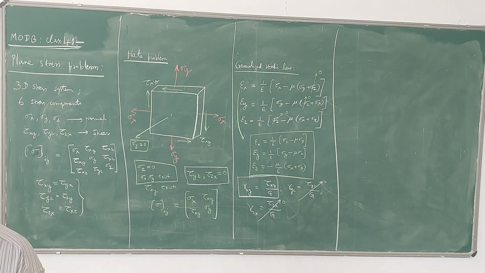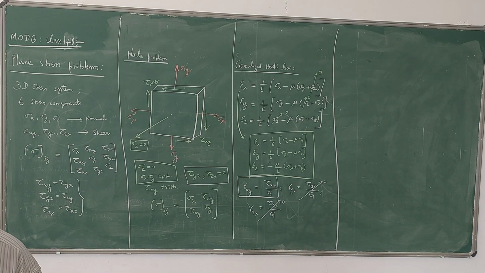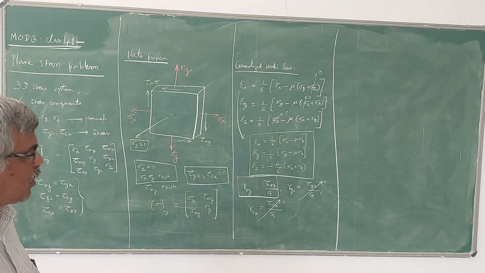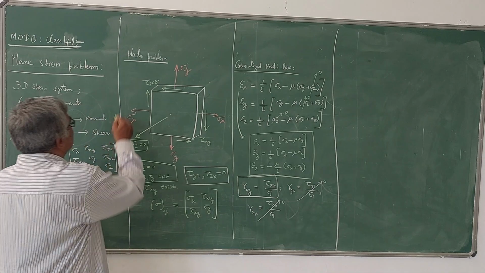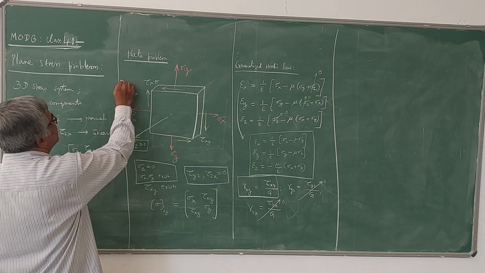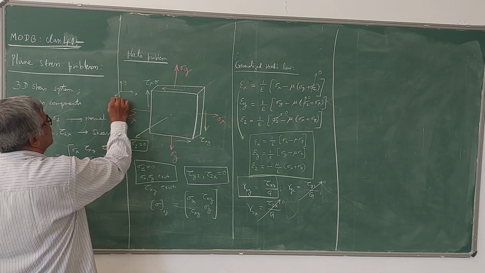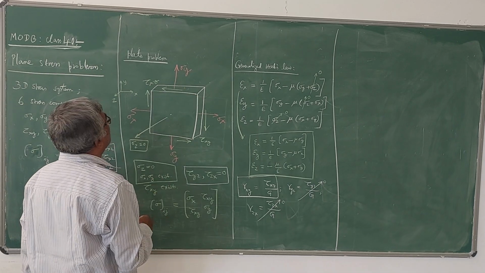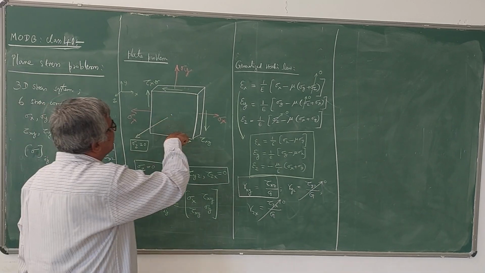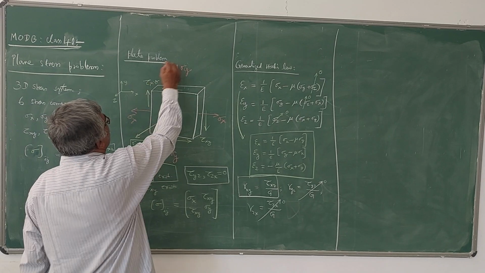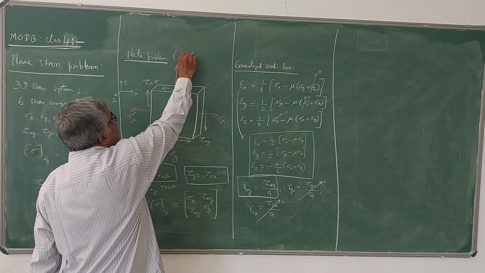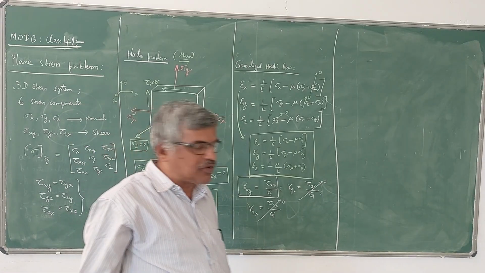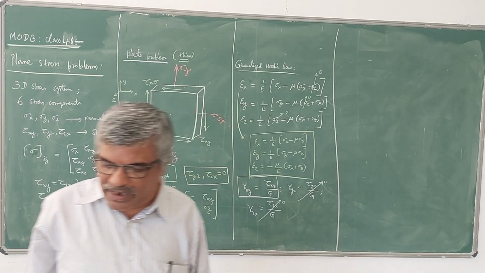In the case of a plane stress problem, the dimension in the third direction, that is the z direction, is very small when compared to the dimensions in the x and y directions. This is your x direction, this is the y direction, and this is the z direction. Thickness is very small when compared to width and length, so it is a thin plate problem. In the case of a thin plate problem, it can be taken as a plane stress problem. Now if you write the